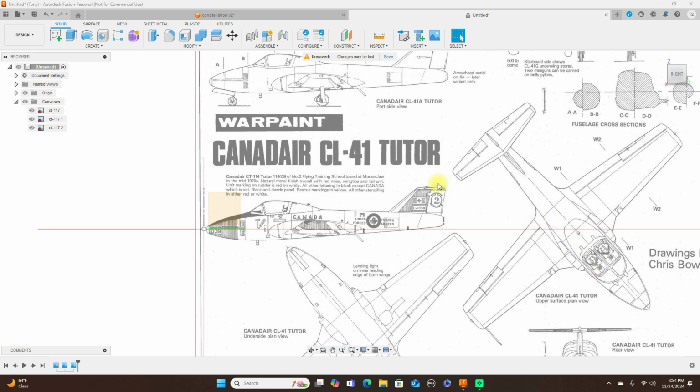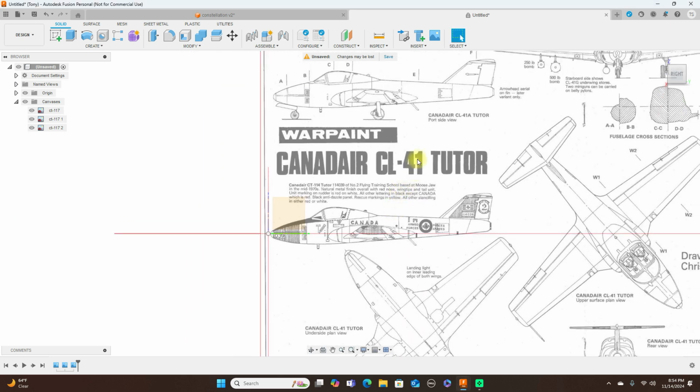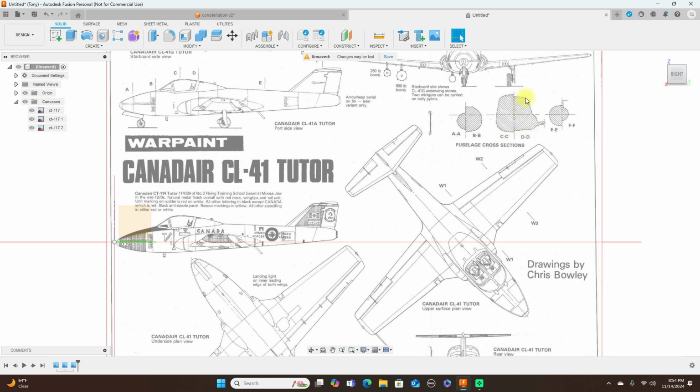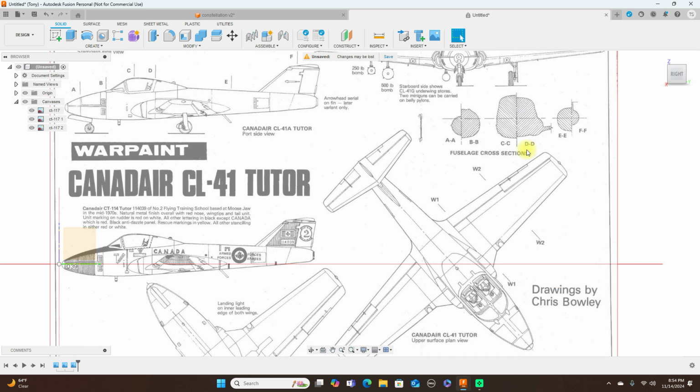Today we're going to be looking at modeling this Canadair CL41 Tutor. Okay, and I'm going to be using forms for this. I'm not going to use these formers here. You can use these formers. And just looking at it right now as I look at this,